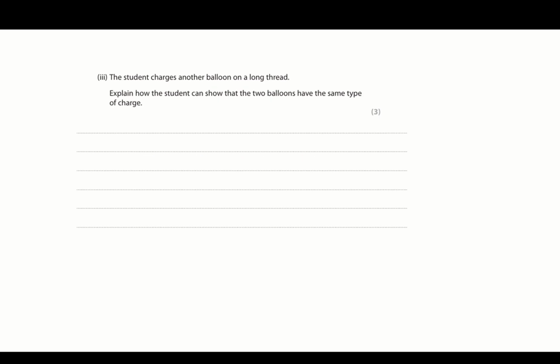A student charges another balloon on a long thread, and that's really important for this question. It says, explain how the student can show that the two balloons have the same type of charge. So I've got a balloon, I've got a balloon. And why is it saying that we've got to have it on a thread? If I held the balloon